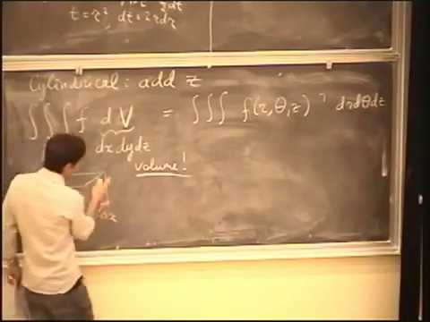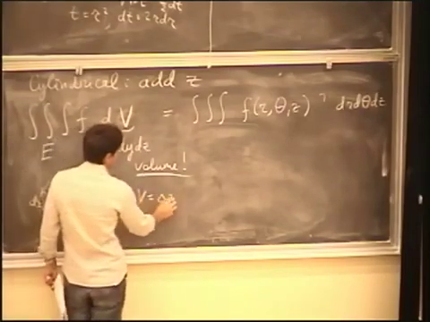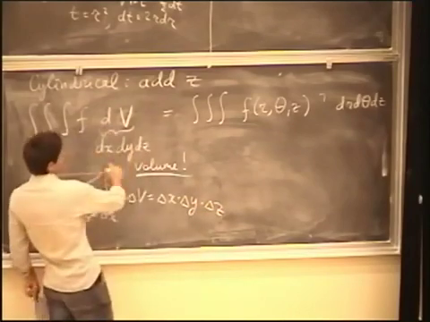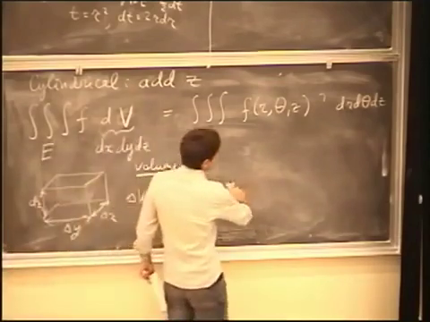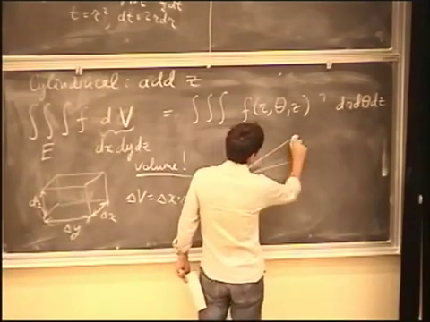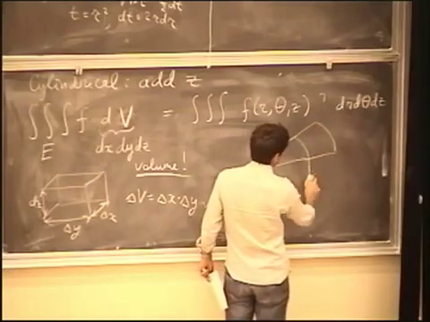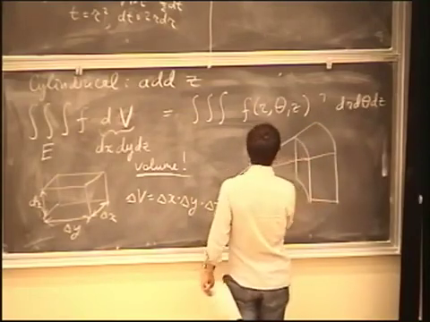So the elementary volume for this is just delta x, delta y, delta z, which gives rise to dx, dy, dz in the integral, and allows us to calculate this integral as an iterated integral, first x, then y, then z, or any other order that you choose. But now we choose this coordinate system, and so we have to be careful. We have to now look at the elementary object in this coordinate system. And what is this elementary object? Well, we just define it in the same way as before by simply